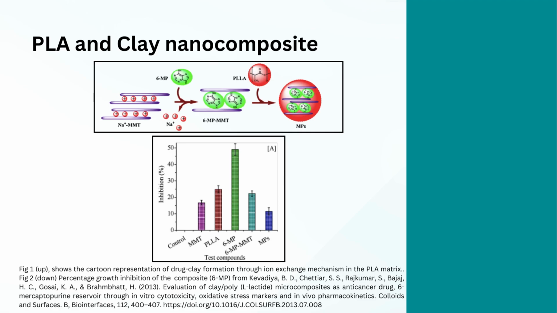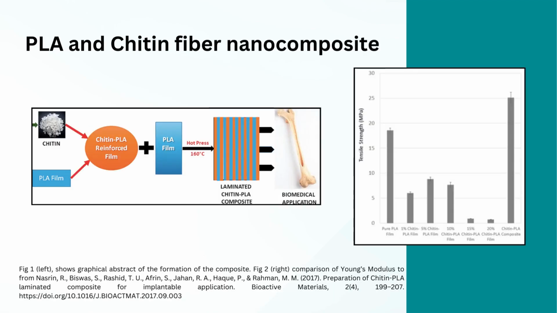The particle counterpart of the composite is much different if the reinforcement were to become a fiber. So another example is when PLA is reinforced by material like chitin fibers, where their application now suits better for bone reinforcements or fillings. And the microcomposites prepared by chitin and PGA showed much lower Young's modulus and high ductility as compared to other polymer composites like calcium phosphate. And figure 1 shows the overall process of the chitin reinforced PLA, and the composite showed a much higher tensile strength compared to other PLA film.